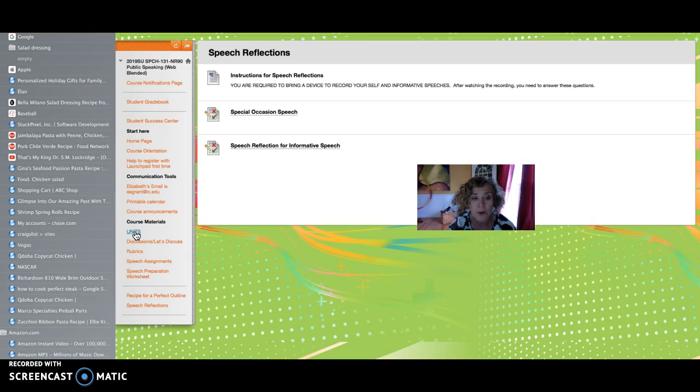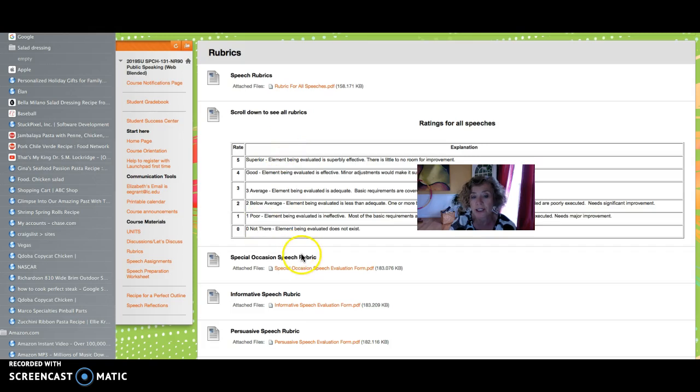So go ahead again, familiarize yourself with the rubrics. There is a rubric for the special occasion speech. That's your self-introduction, your first speech. Your second speech is your informative speech, and your third speech is your persuasive speech. All of those will graduate in points, so we will begin with the speech that counts for the least amount of points. The informative speech will be worth a little bit more, and the persuasive speech is really a game changer speech. On the persuasive speech night, we will also be getting into groups for our group project. That will be done during the last week of the class.